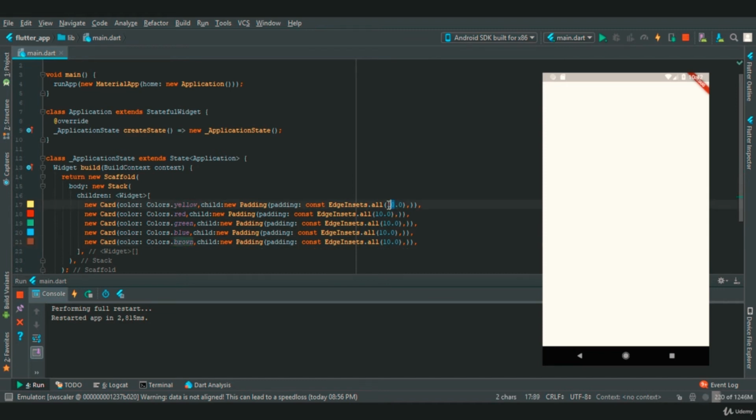And we will also change the padding. So we'll say 100, 100, 50, 30. Now let's restart our app to better understand what's happening here.